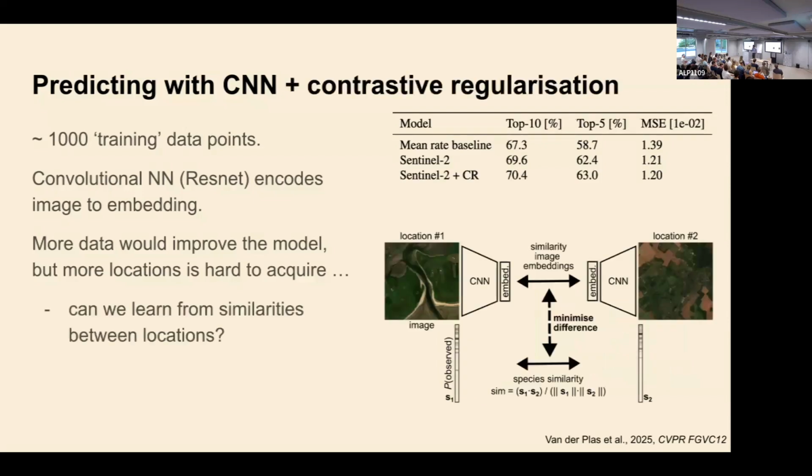So one thing we tried at the time is to see if we can also learn from the similarity between the locations, because the data is really high quality. It's good presence-absence data. So what we did is essentially introduce an inductive bias to the model and add a supervised contrastive learning objective to the loss function.